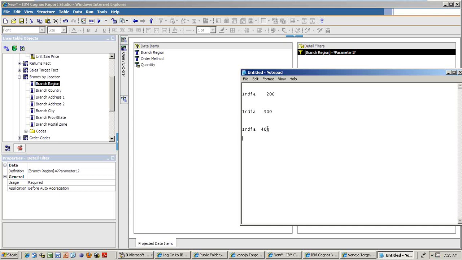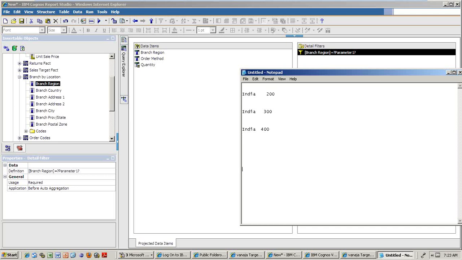But if this is the revenue column, 200 billion, 300 billion, 400 billion or something, say if my revenue aggregation is total, if you are putting the aggregation of the revenue in Framework Manager, usage property is fact, and then aggregation function is total.